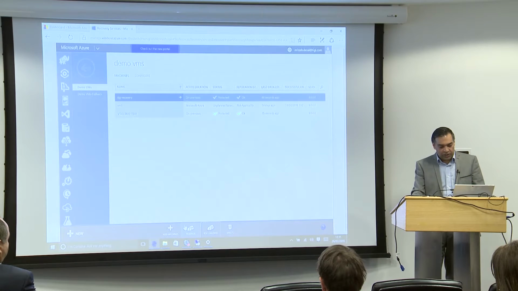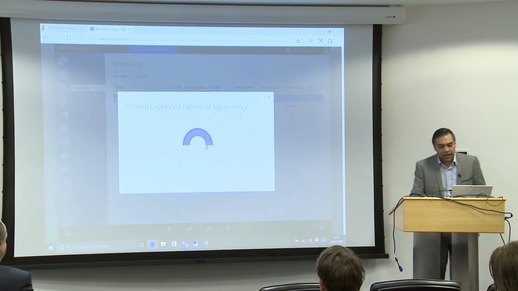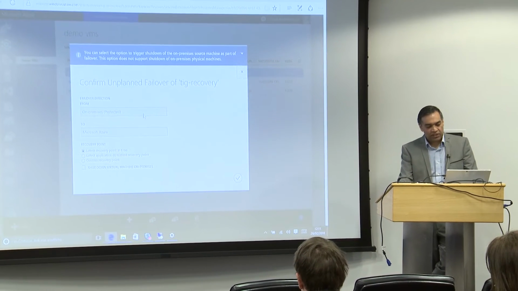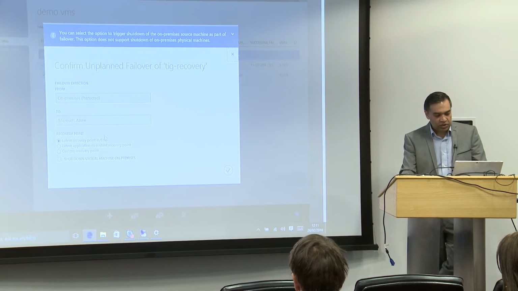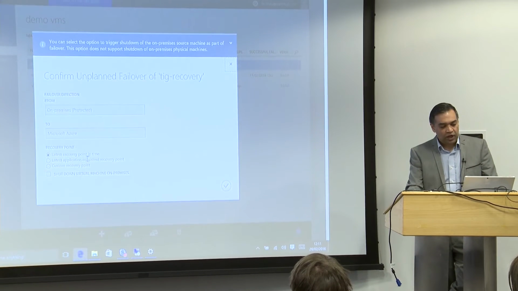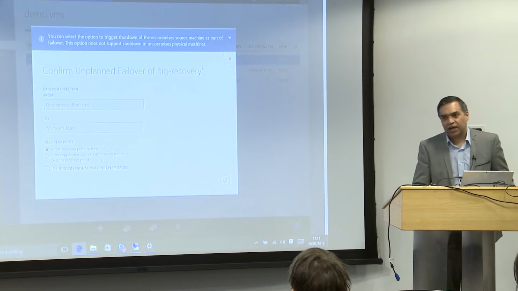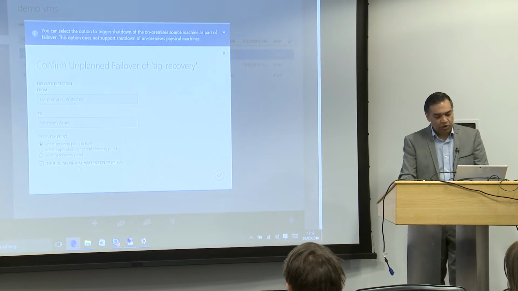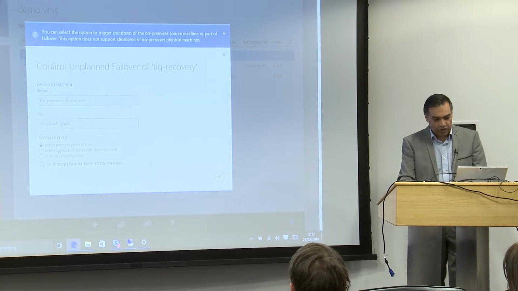The other option is the live failover of the virtual machine. When it comes up, it will say it's from on-premises, so our VMware environment, and it's going to spin it up into the Azure subscription. You've got the options of the last successful recovery point, or you can pick an earlier one in case there was a corruption you're aware of. You can also tick the box to shut down the machine running on-prem, if you know you're going to do it.